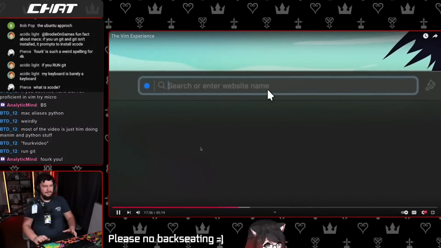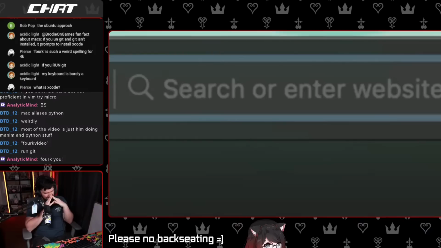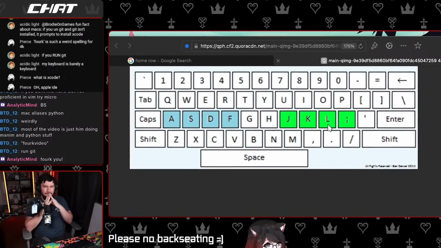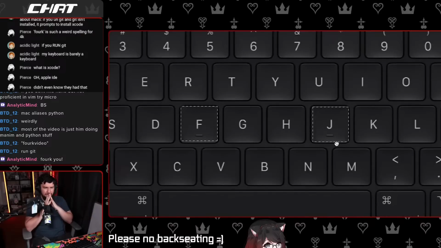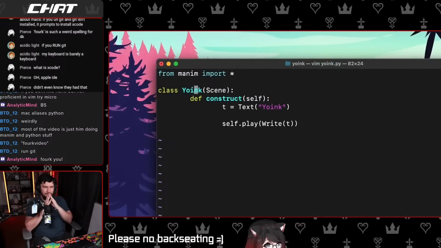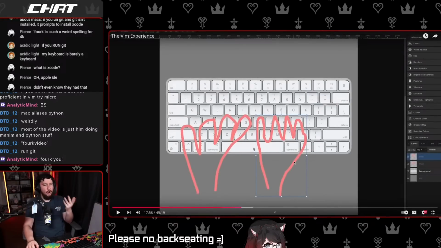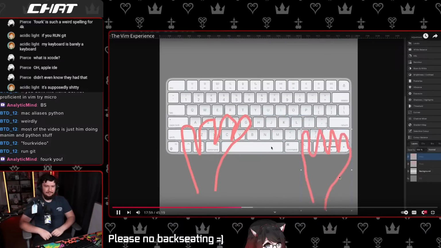Remember how I mentioned that Vim users like to use the keyboard, and if you type rather fast, you probably know what the home row is. It's essentially the best position to put your fingers on the keyboard so that it's easy to reach. This is the Vim home row. The F and J keys usually have little grooves on them so that you can find them with your index fingers. And so if you type a lot of code, your hands probably rest around the home row and moving them to the arrow keys takes just a little extra time. Unless you're like me and you have horrible typing form and you just hunt and peck it.